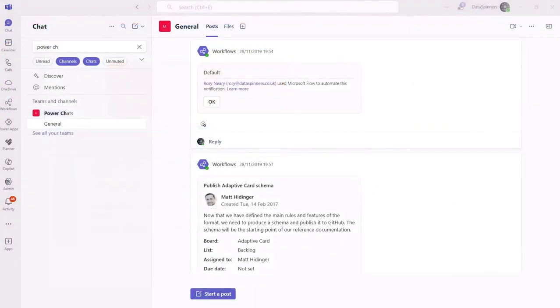I'm now in the General tab of my Power Chats team within my own tenant. And this is because Teams is not available within the PowerUp tenant. I'd like to add a tab into this, and I want it to show one of the apps that I've been building. I can select the Add a tab,